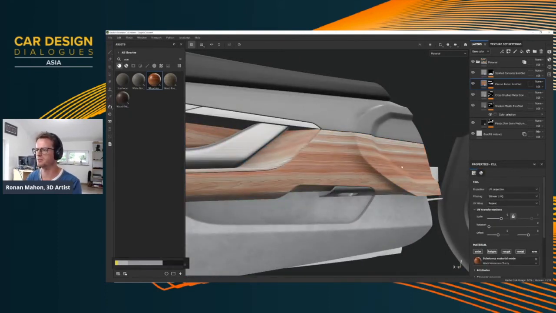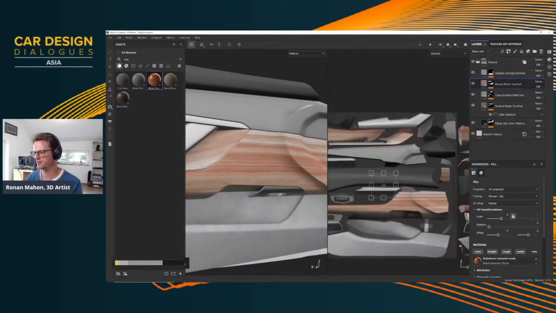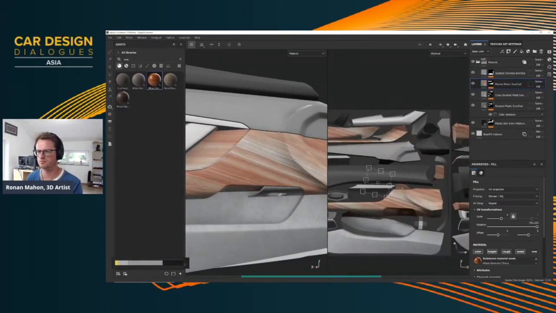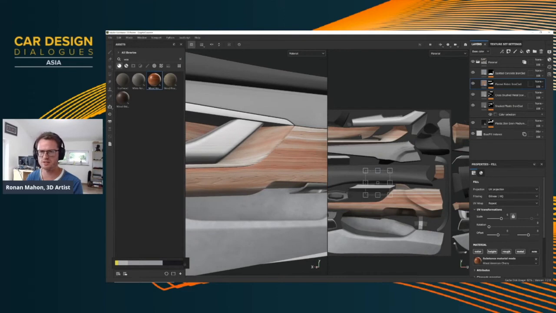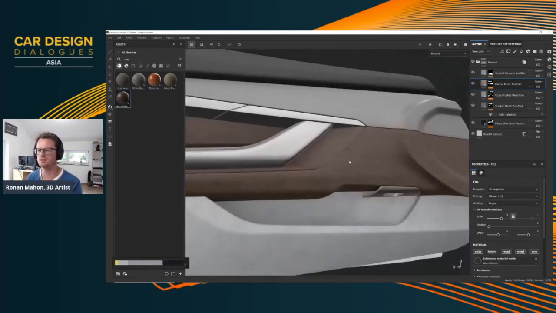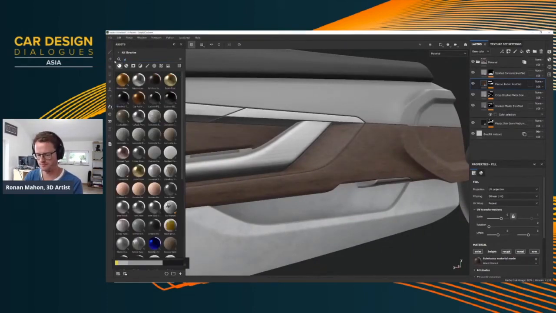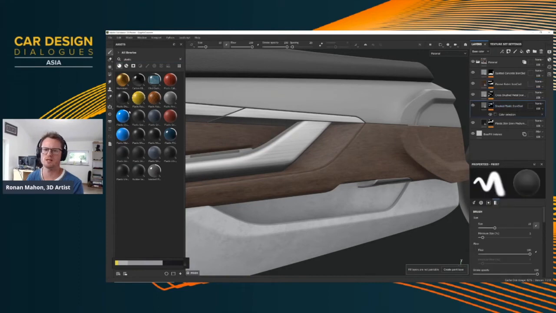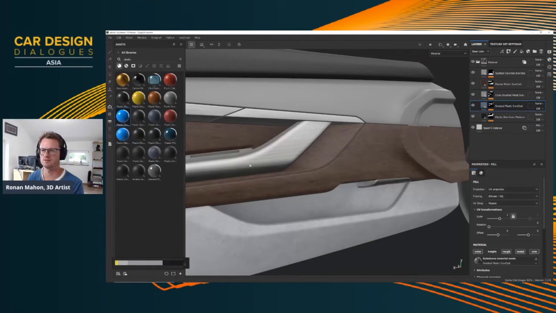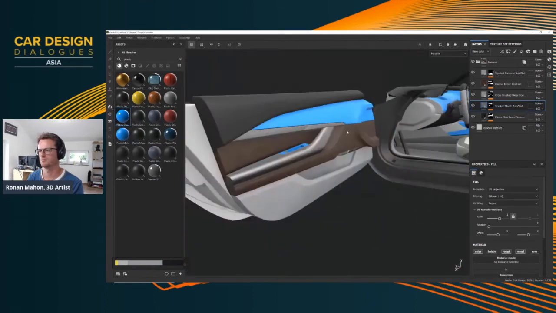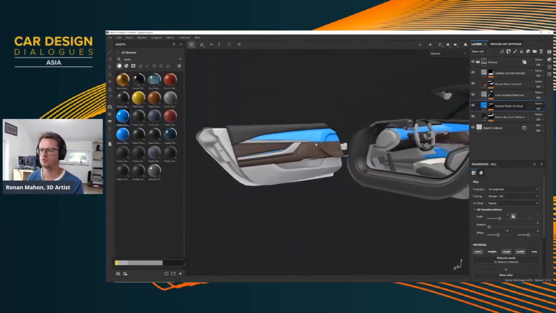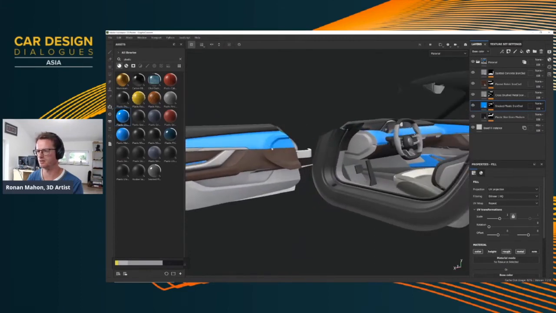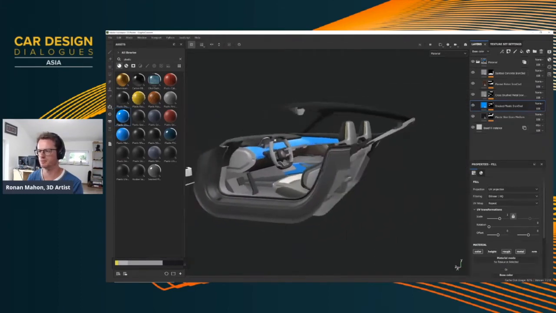Maybe we want to change the orientation, change how the flow of the actual material is looking. And maybe we want the walnut instead. Walnut looks a little lighter, a little nicer. Instead of the smoked plastic, let's go with a glossy plastic. So very quickly, we're changing the look of the entire car with just a couple of button presses.